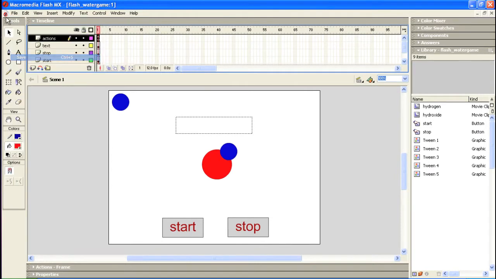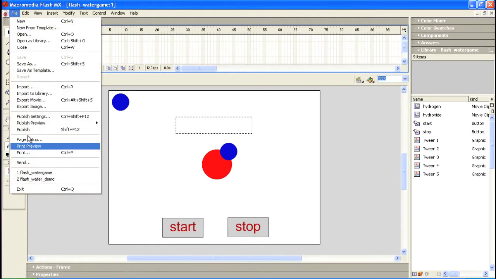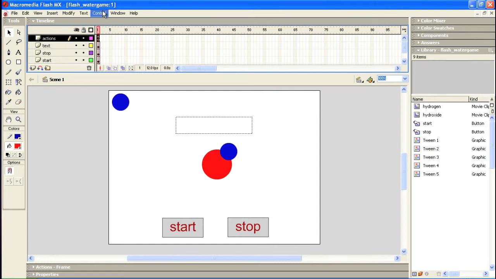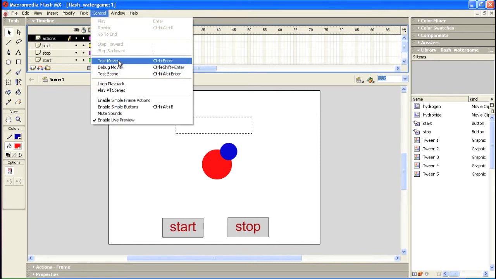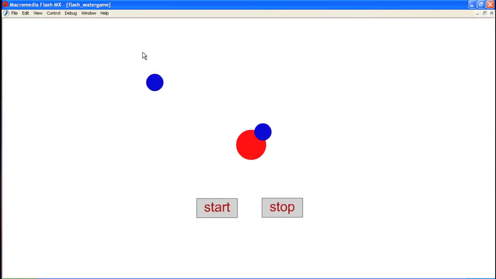One more time, I'm going to click save and publish and test the movie. Now we note that our hydrogen molecule is up here, and when I click start, there we go, water, and when I click stop, there we go. Good. So when I close this,